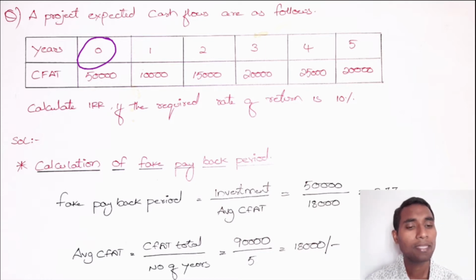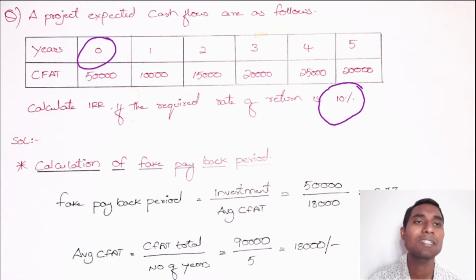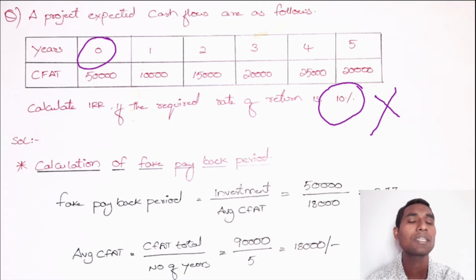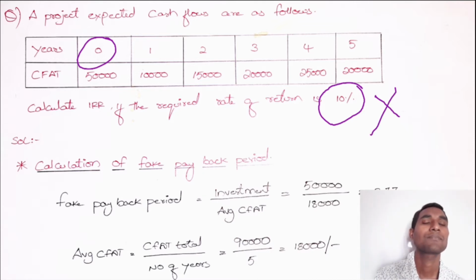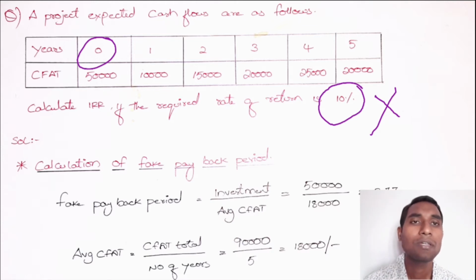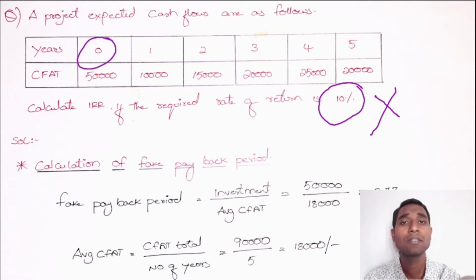Here is one point you need to note: the required rate of return given in the question, you should not use when you are applying IRR. You should never use the required rate of return given in the question when you are evaluating the proposal using the IRR method. The reason is, in case of IRR, we will be using an interpolation formula to determine a rate, and we will be using that rate to get the internal rate of return. So let us proceed.